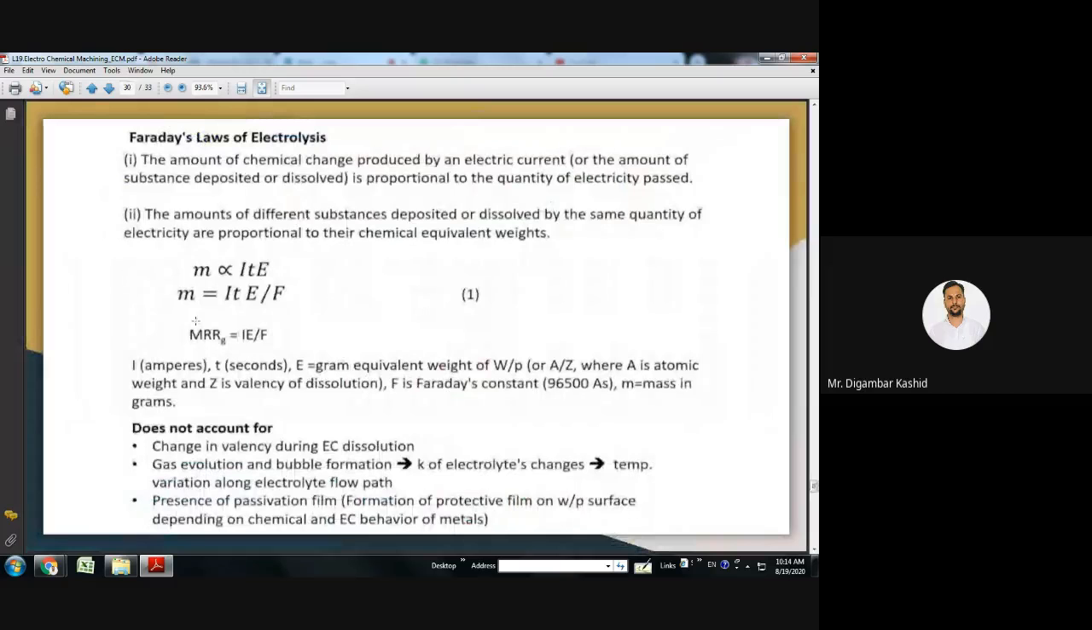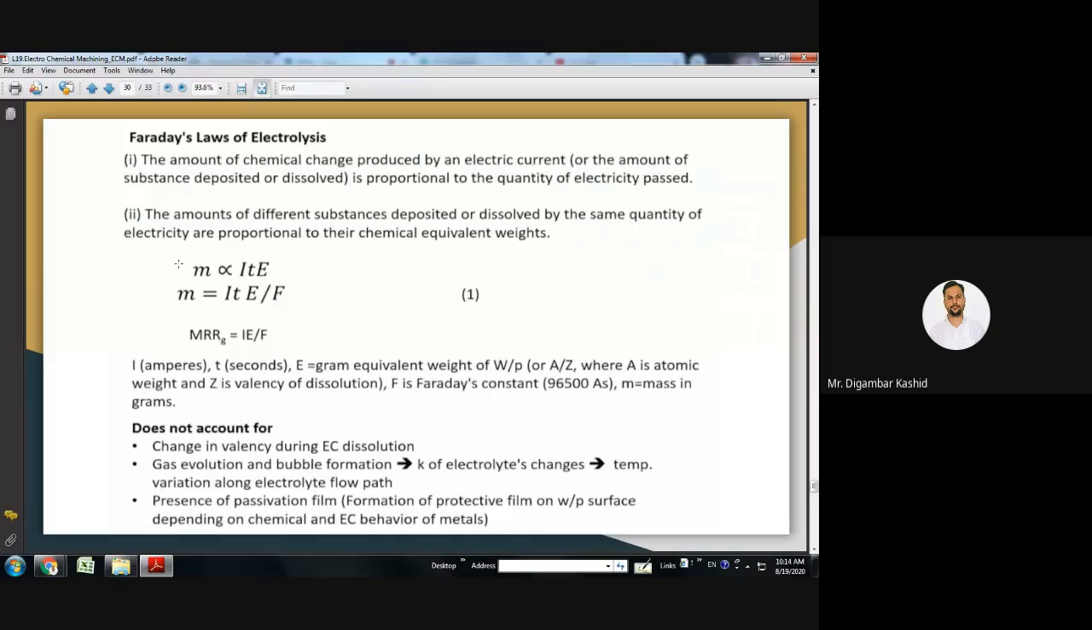Now, already in the first lecture I explained Faraday's law of electrolysis. With the help of Faraday's law of electrolysis, I want to show the formula for how to calculate the material removal rate of this process. As per Faraday's law of electrolysis,